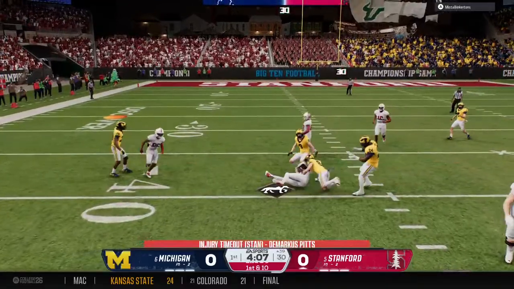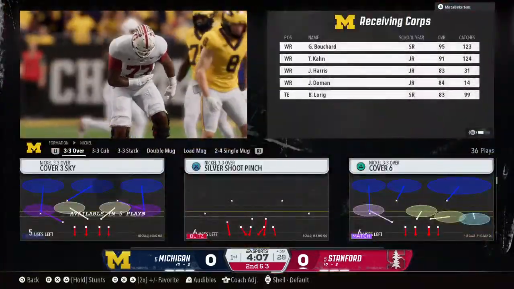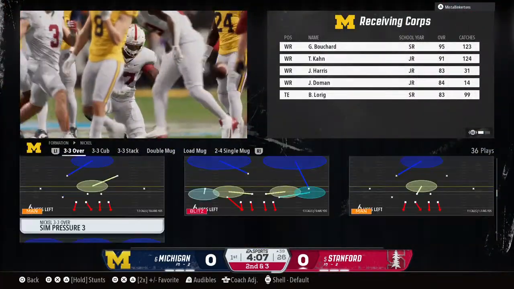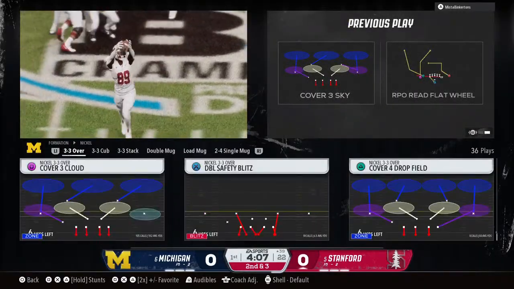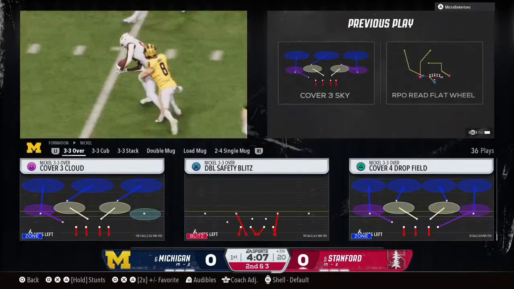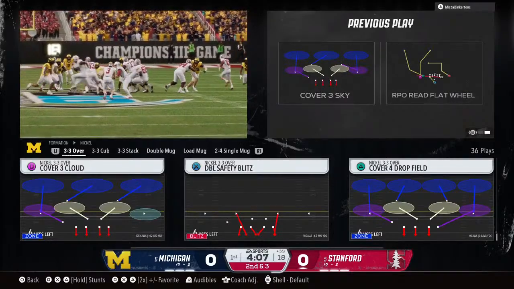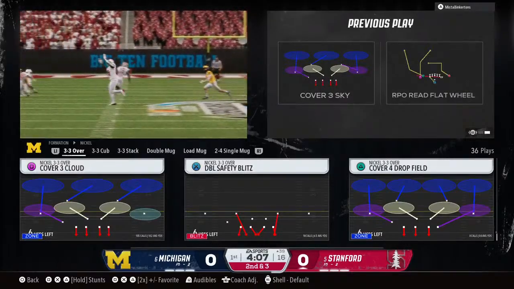Quick completion to the tight end. Well, this is what coaches love to see. A quarterback with the ability to read the defense properly and then just get it to the open man. Sometimes it sounds simple, but it's tough to execute. This time we have good recognition by the quarterback. Then he gets it down to the tight end. You can see what he can do after the catch.